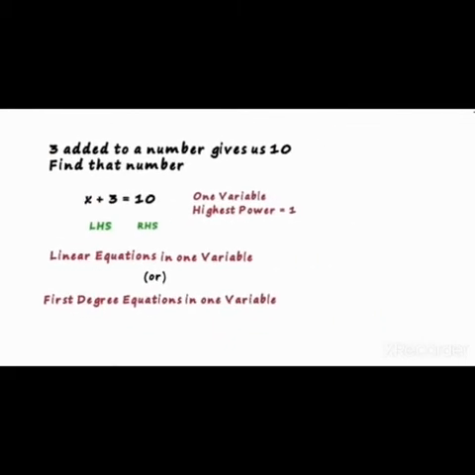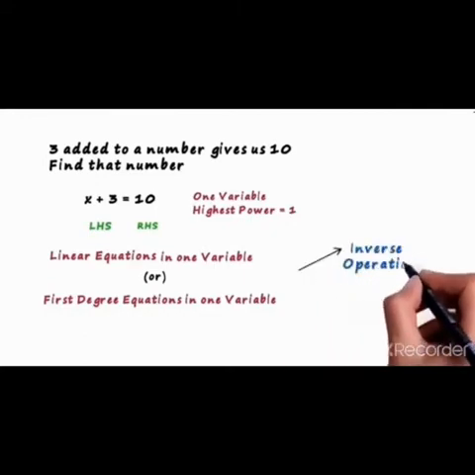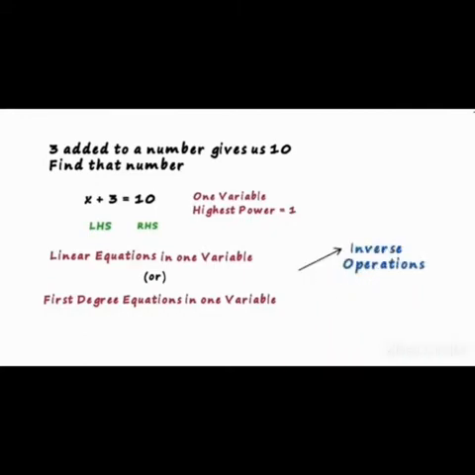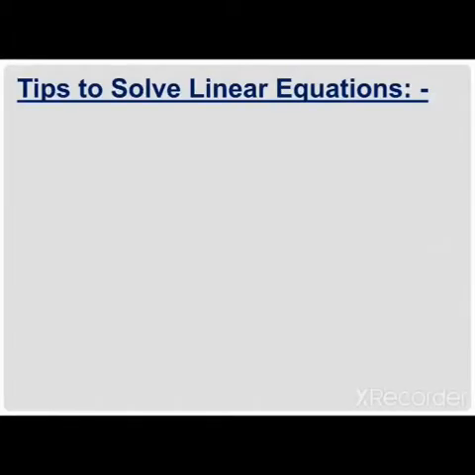There are 2 ways to solve the equation. The first method is called the inverse operation method, and the second method is the transpose method. But these methods give us the same answer. After we solve the equation using both methods, we will realize that the transpose method is preferred over the inverse operation method. How to solve linear equation in an easy way?